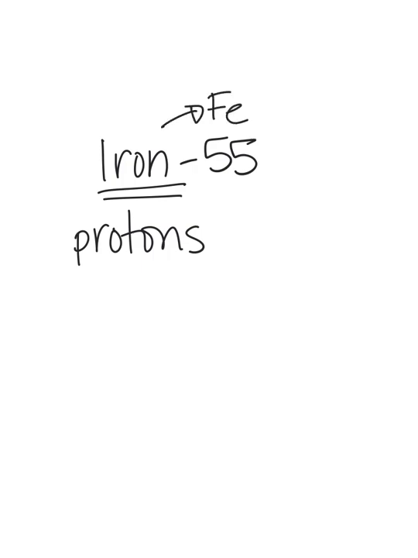And any periodic table, you should either be given a list that has names and symbols, or your periodic table probably has the name and the symbol on it. And so I find iron, and its symbol is Fe. And the big number on the top of the periodic table in the box with Fe is a 26. So the atomic number